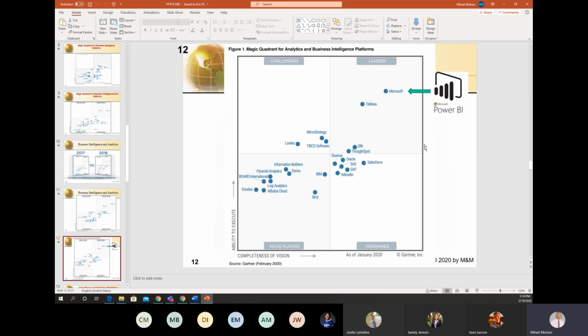The current year returns again a lot of uncertainties, meaning companies like SAP and statistical software, advanced software, SAS return to visionaries.